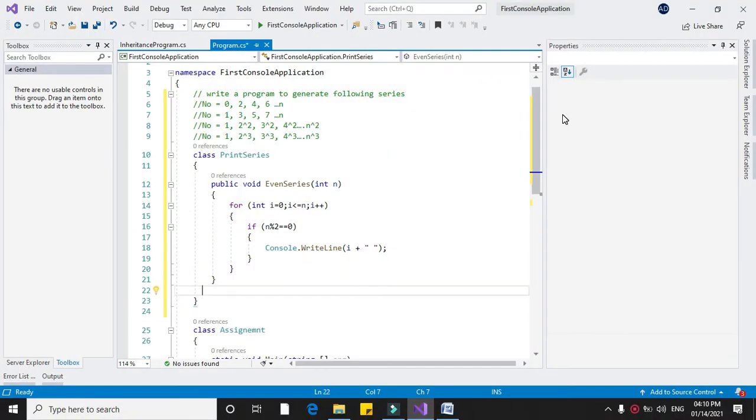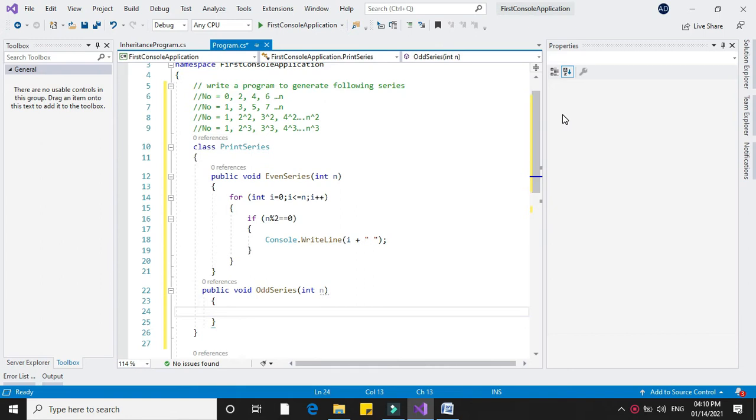Now we will print the odd series. So public void odd series with parameter n. Here also we will use a for loop, for int i equal to 1, i less than or equal to n, and i plus plus.